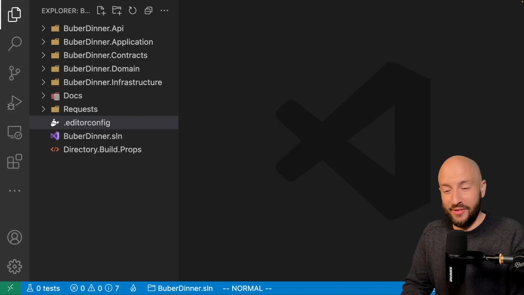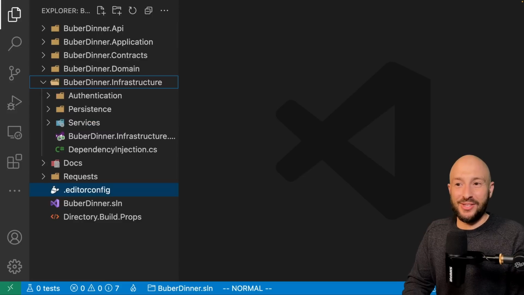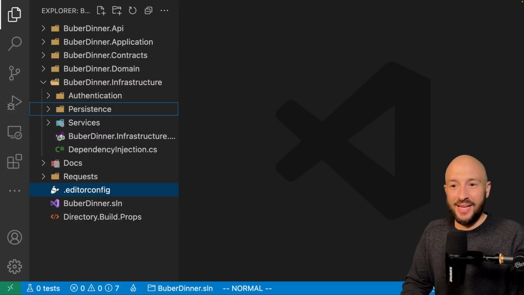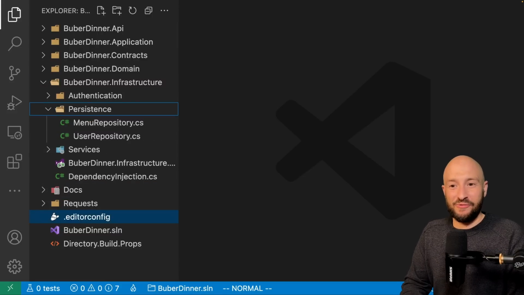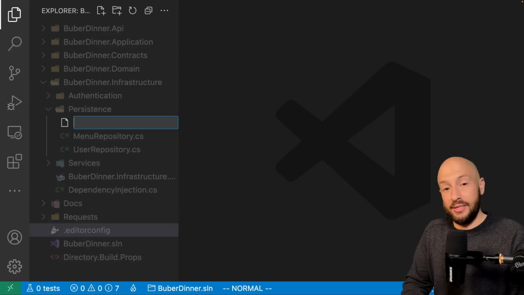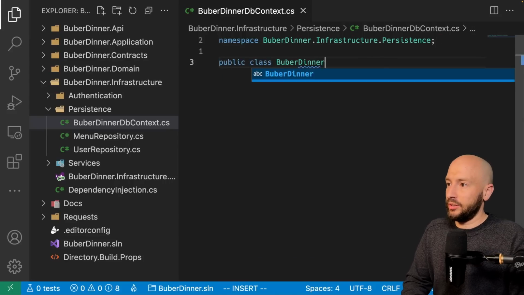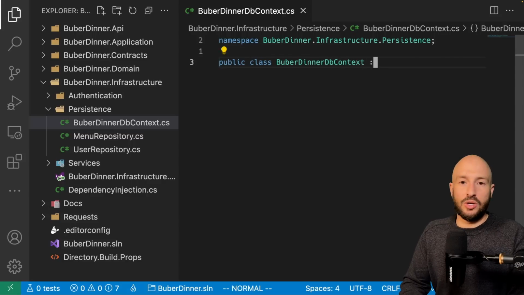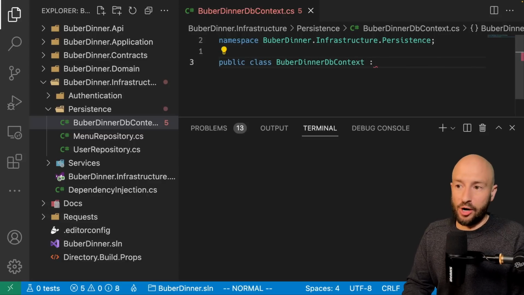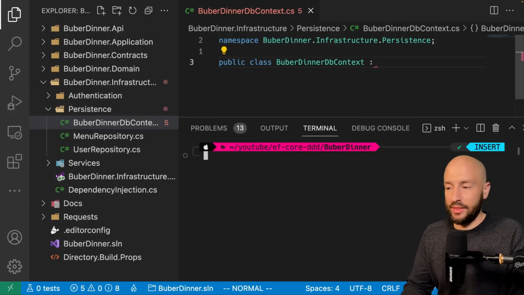Okay, so I have our project open in Visual Studio Code, and it corresponds to the diagram that we looked at before. The first thing I want us to do is to go to the infrastructure project and inside the persistence folder create our DB context. So let's go ahead and call it BuberDinnerDbContext. And let's say public class BuberDinnerDbContext. This is going to be the DB context for our application, but because we don't have the Entity Framework Core NuGet package yet,